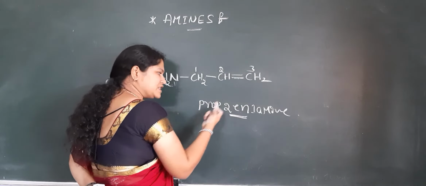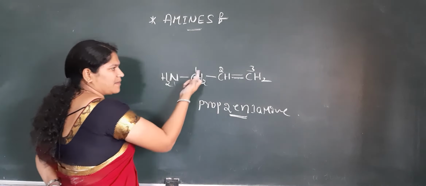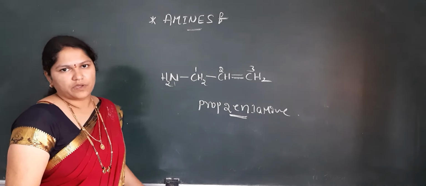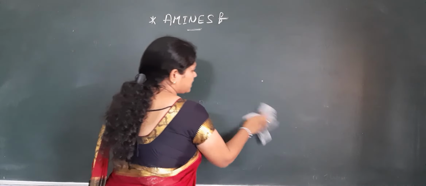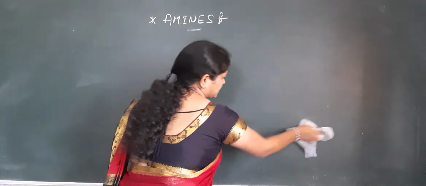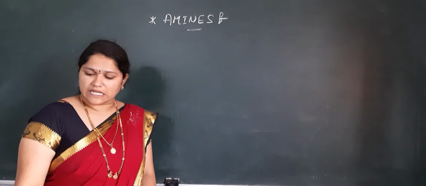3 carbons means prop, 2 ene, 1 amine is the name of this compound. This is how we have to name amines, particularly by using amine as a suffix. Clear? If in any case aldehyde group